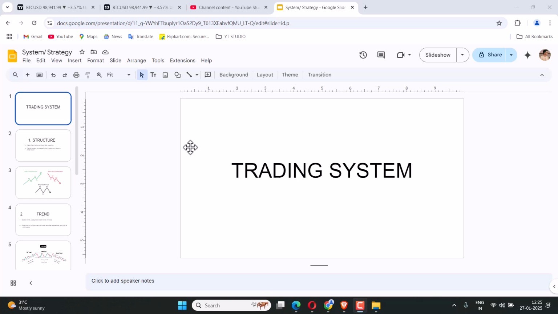So what is a trading system? A trading system is basically your way of analyzing the market, or the strategy or the system you use to make your analysis before you place a trade. So this is what I call a trading system, and people trade in many different ways. Some use indicators, some use price action, and there are many different ways. These are some of the common views, and